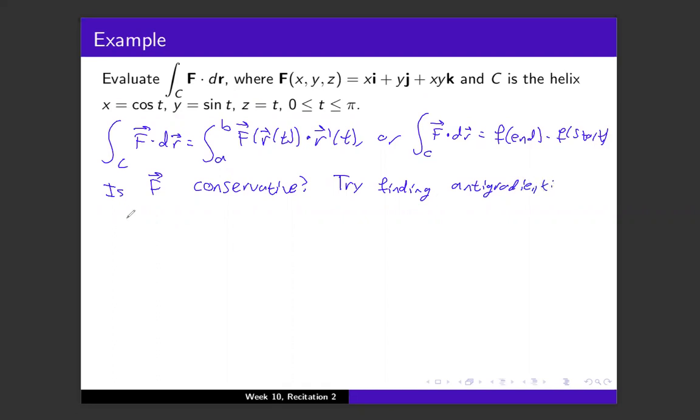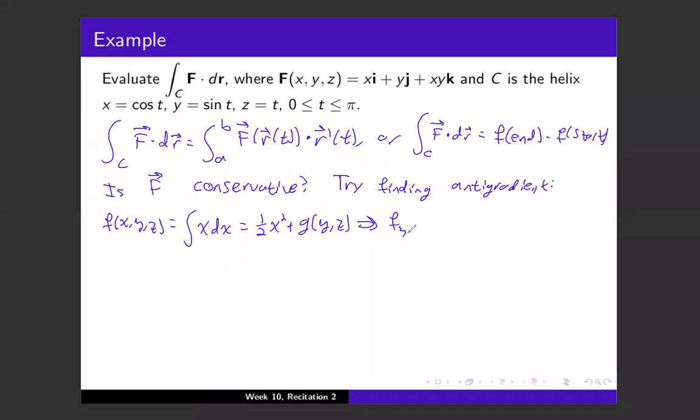That's still allowed. There's nothing stopping us from trying. We'd have to have that f of x, y, z would be equal to the antiderivative of x dx, which is 1/2 x squared plus some arbitrary function of y and z,